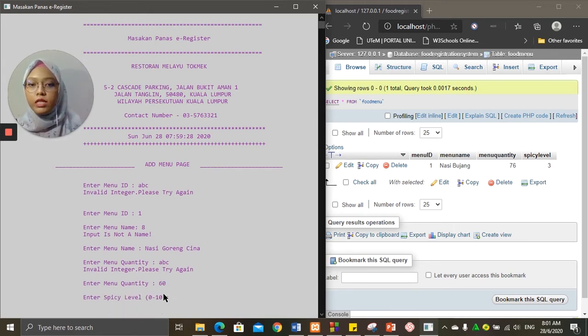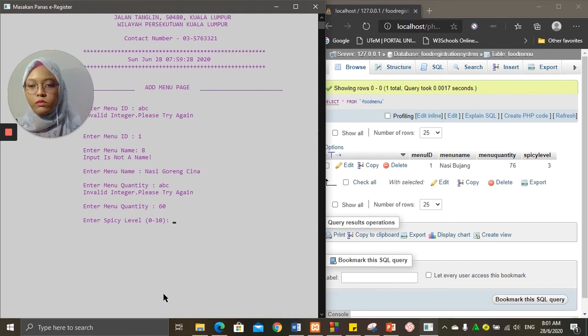Okay, for spicy level, first I will test if the user enters a character. The system will notify the user that it is not a valid number. We know that the range stated here is between 0 to 10, right?